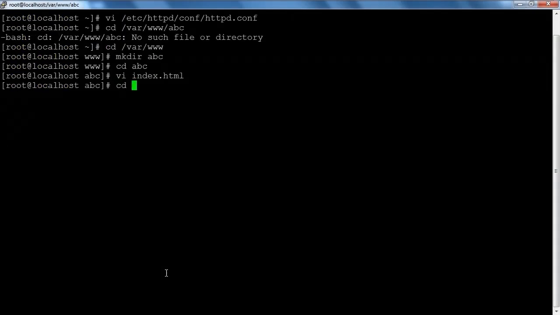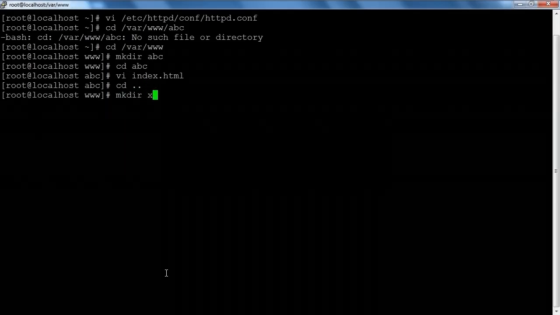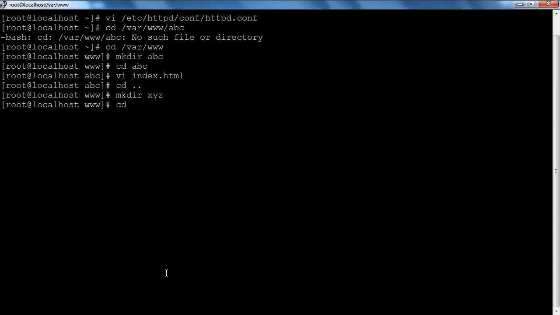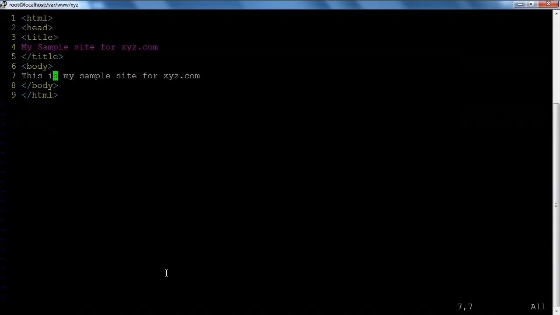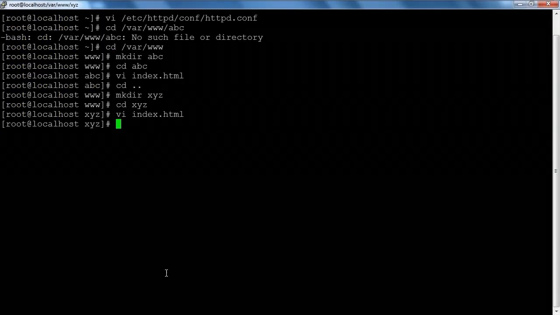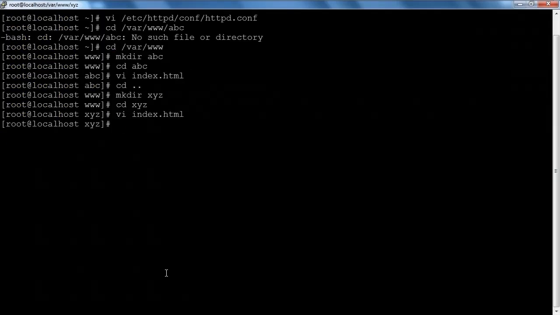I save and quit. Next, I go back to its parent directory and make a directory called xyz. Next, we move to xyz folder and create another index.html here. Here I have typed in the content for index.html for xyz.com, which says this is a sample file for xyz.com. I save and quit from here. Now let us restart Apache Web Server using the command systemctl restart